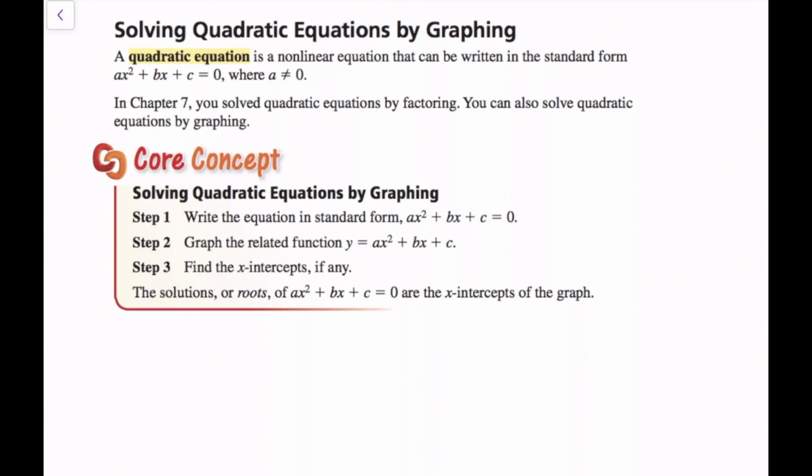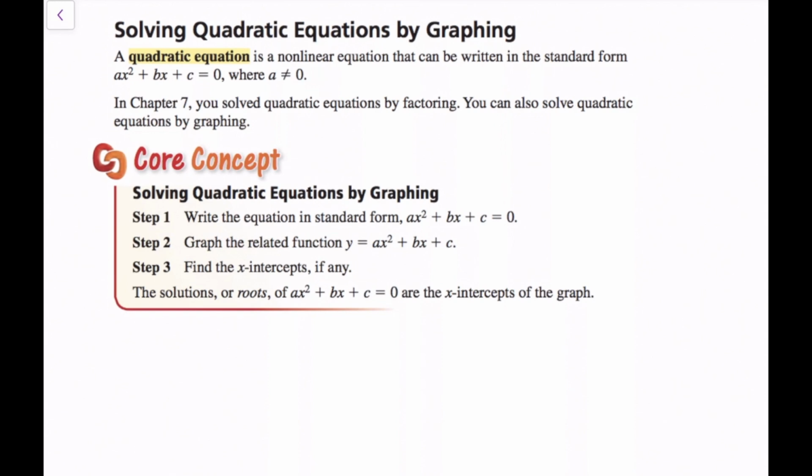All right, so in this section, we're going to be solving quadratic equations by graphing. And just as a review, a quadratic equation is a nonlinear equation that can be written in standard form, ax squared plus bx plus c equals 0, where a does not equal 0. We've already talked about solving these types of equations by factoring. This entire chapter is going to focus on solving quadratic equations, and this section is going to focus on solving